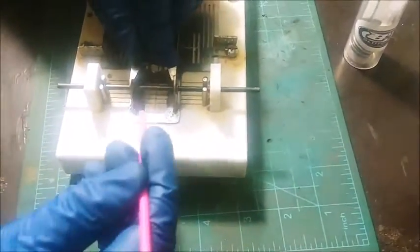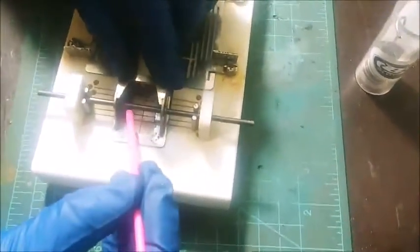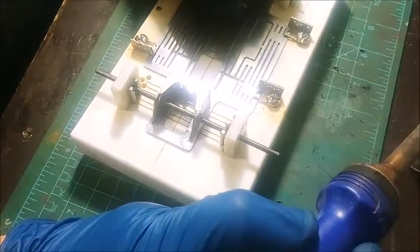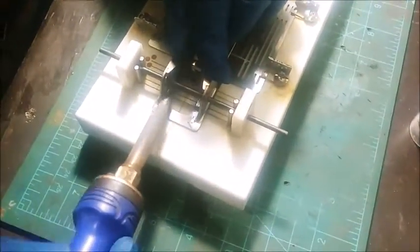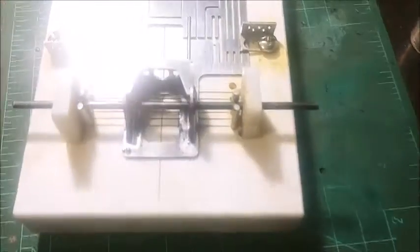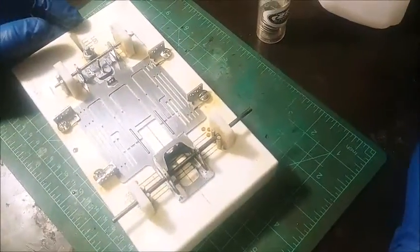If you stop getting good flow, it means you just kind of burned up all your flux that was on the surface. Just go ahead and add some more flux. Okay. You see, I got good flow inside there. Okay, so that's that. Alright, now I'm going to go ahead and move to,